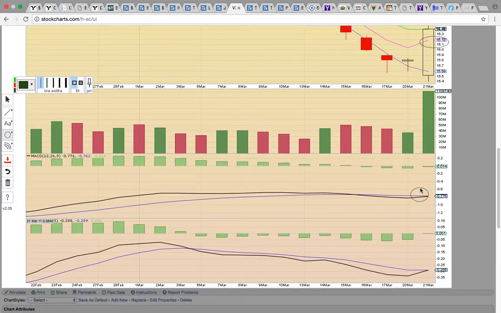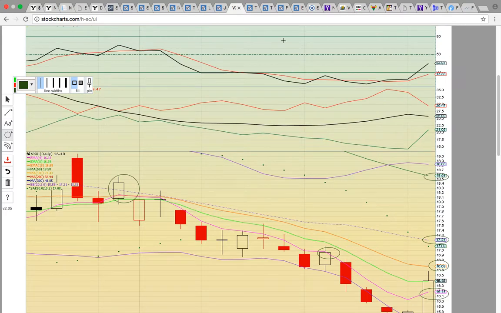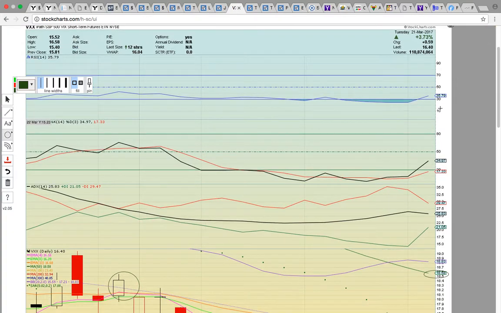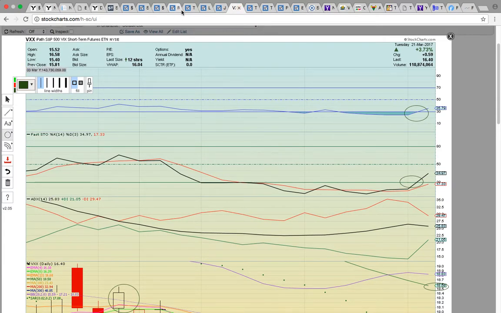Notice we've got pinched on both MACD time frames. It's starting the bullish crossover in the 8, 13, and 5. This is all bullish developments. RSI and Fasto just had the crossover out of oversold levels, so that's a signal the chart is heating up. Okay, so let's look at